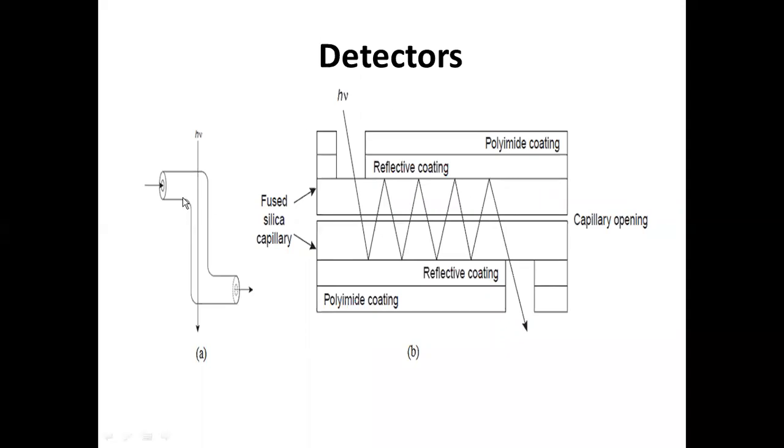With the same objective, the flow cells or the sample cells which are Z in shape are also used in electrophoresis. So the effluent from the capillary tube will be entering this flow cell, this cell of the detector or the sample cell. So the path length of the solution has been increased.